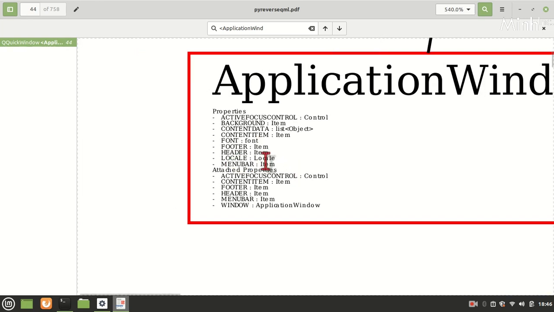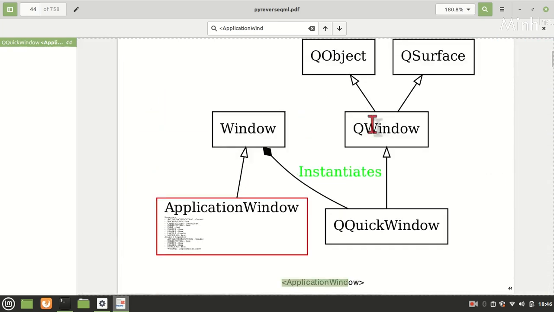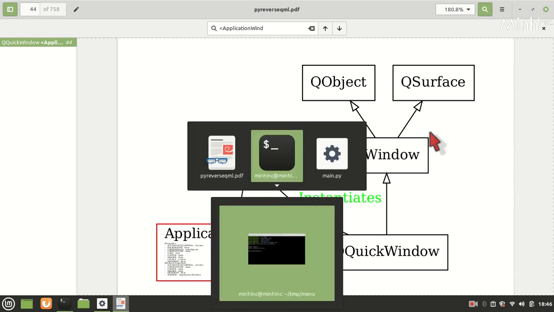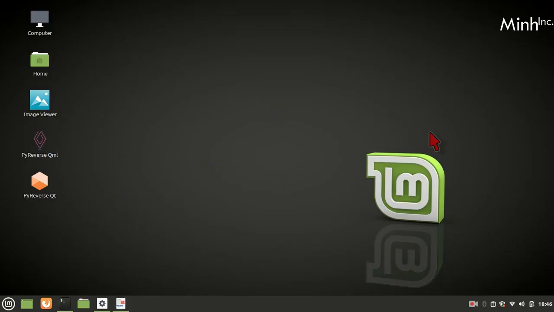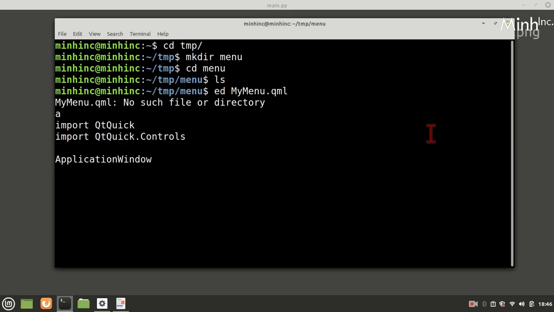It's an item. ApplicationWindow is a window, and it instantiates QQuickWindow, QWindow. So it is actually the final widget. So we'll say ApplicationWindow.